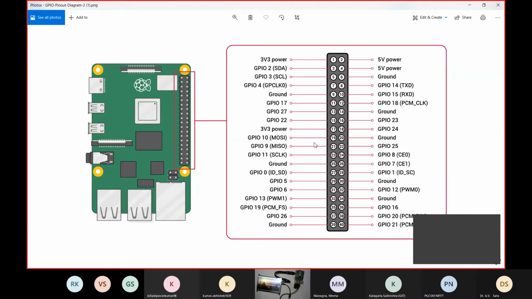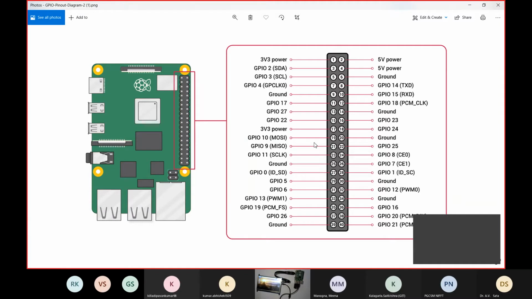There are the RX and TX pins. When you are using a serial connection, you can connect with them. You can connect with I2C pins using SDA and SCL, which are GPIO 2 and 3. If you are using SPI pins, you can connect with MOSI, MISO, and SCLK, which are 10, 9, and 11.